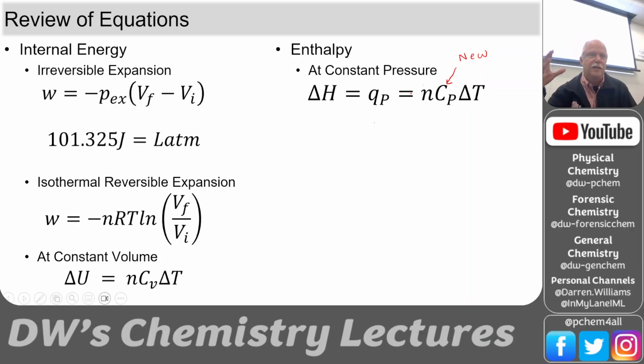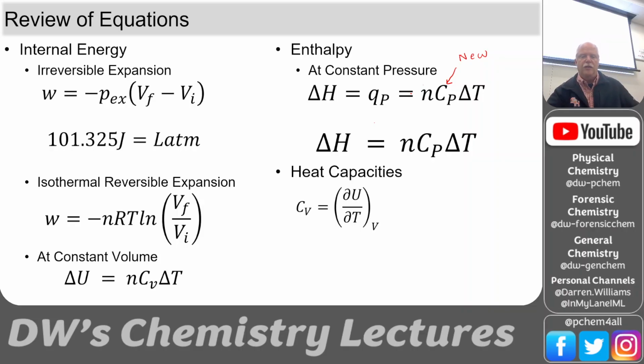So it's the same concept. It's heat capacity: how much energy goes into a substance for every degree Kelvin, but at constant pressure. This is a way to determine the enthalpy of reaction if we know the heat capacity and the temperature change, or if we know the change in heat and the temperature that went with it, we could solve for the heat capacity at constant pressure.